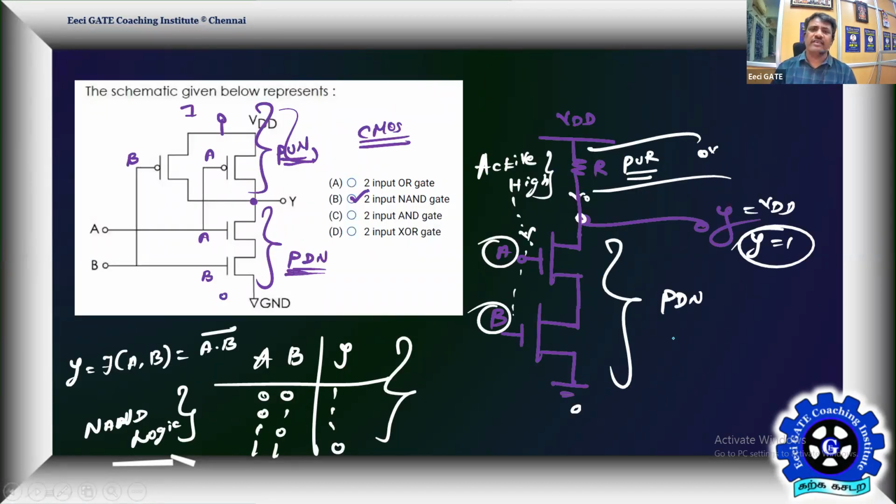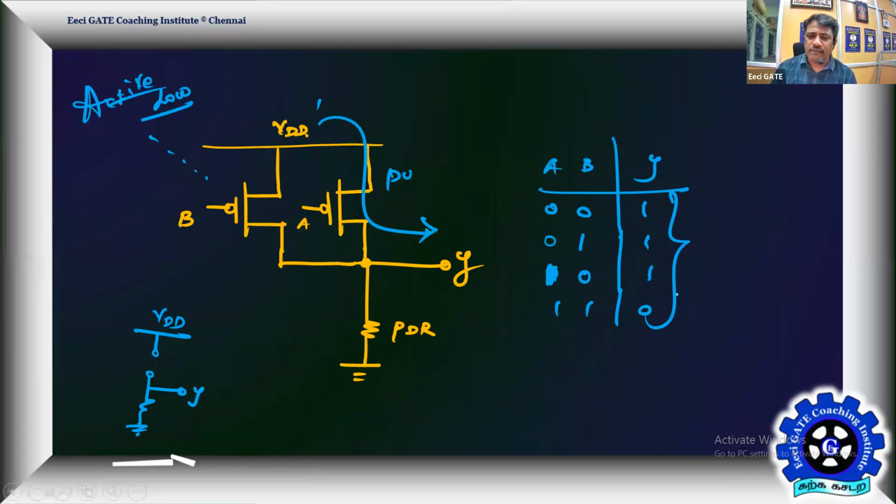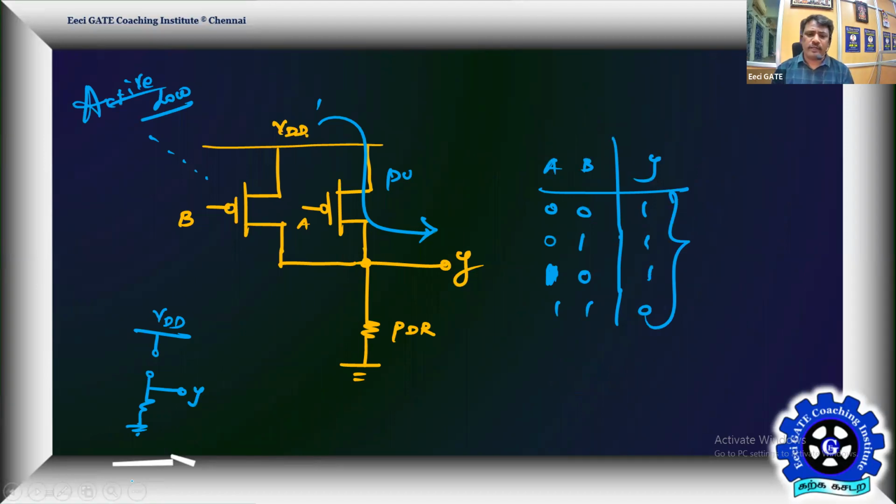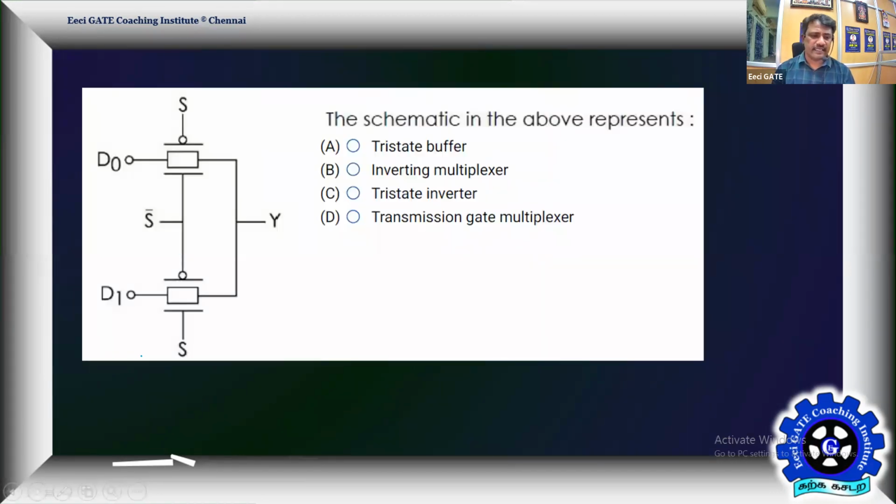When you have a CMOS, it's your choice either to play with the NMOS combination or the PMOS combination. Both will give the same truth table. With that, you can quickly conclude it is a NAND logic. That's how you need to help yourself. You can partition the problem into something simple. Either go with the NMOS structure or the PMOS structure, along with one resistor acting as a pull up or pull down. That's an easy problem. The next one is a real standard problem.